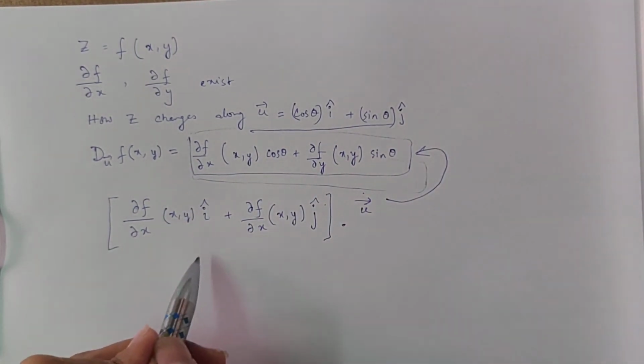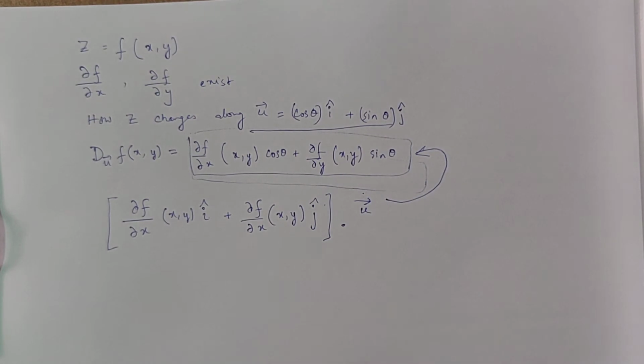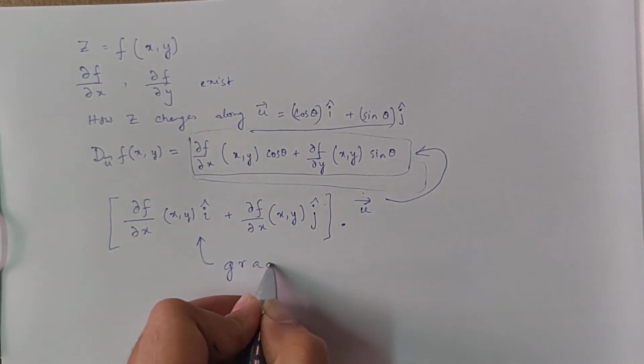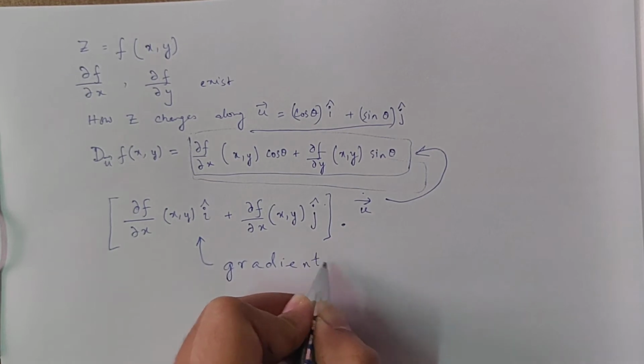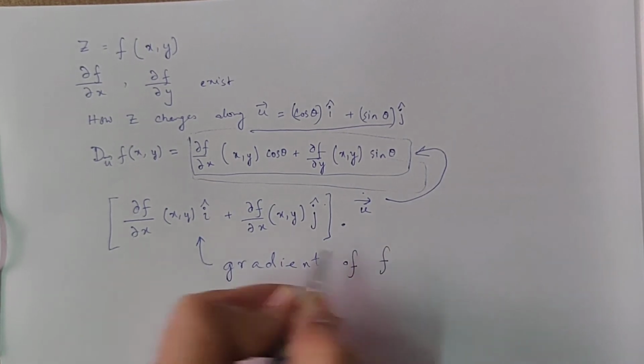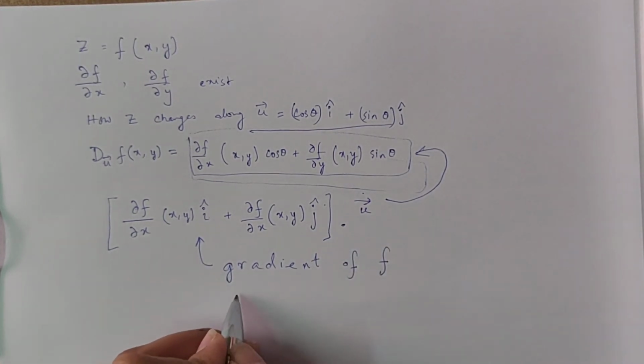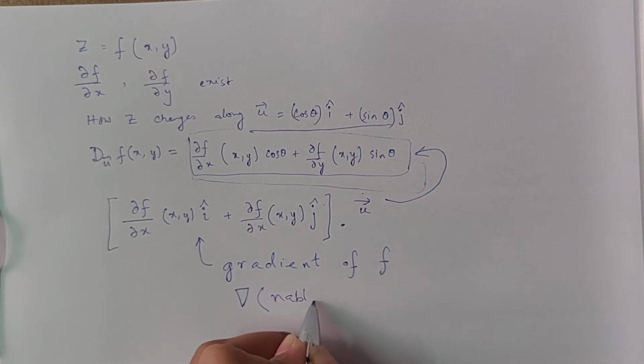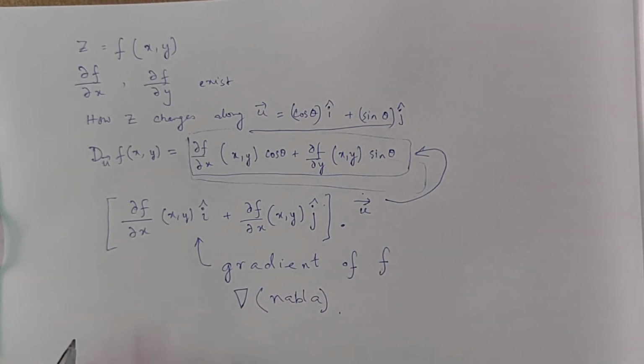So this vector is given a name. This is called the gradient of f, and it is denoted by a symbol called nabla. And it is written as grad of f is equal to